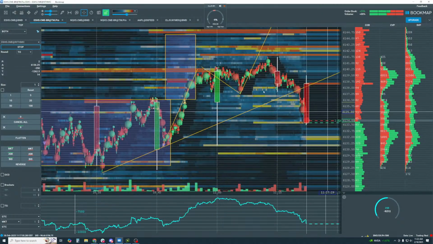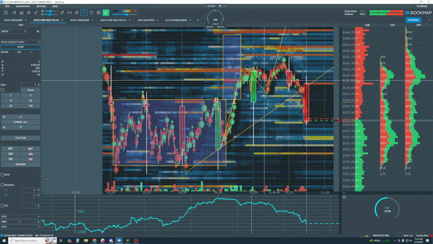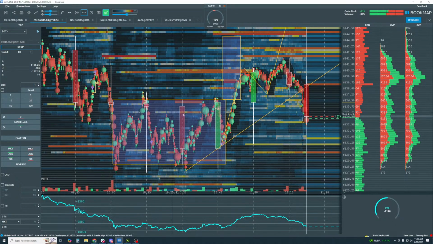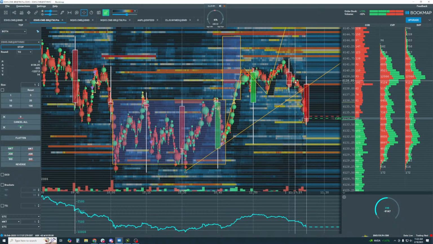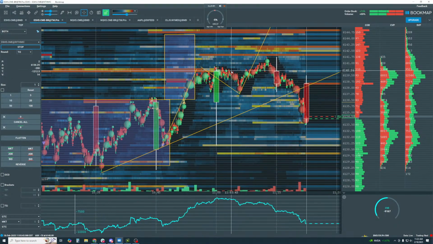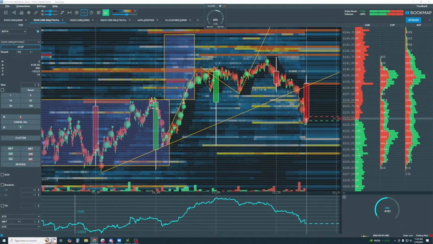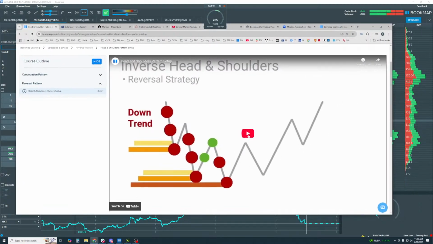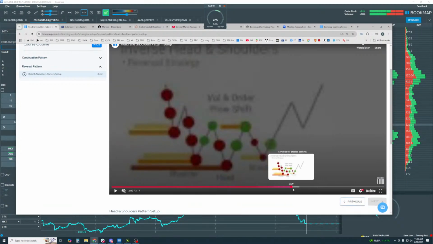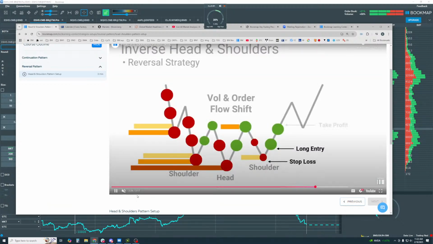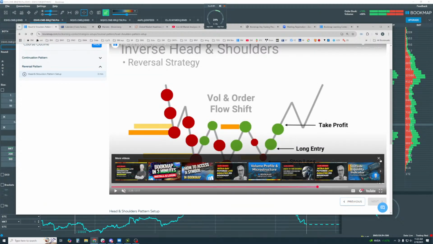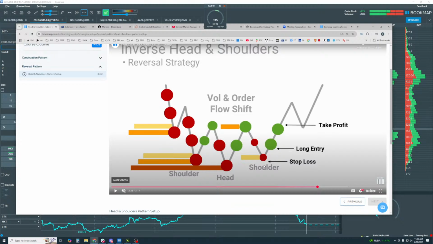So that's what it looks like in here. We were looking for it because we had that strong buying and these clusters of buying, but then we get our second leg and we don't get the follow through. This happens a lot. That's why in the video we go through this strategy and say be careful, because reversals can be tricky.